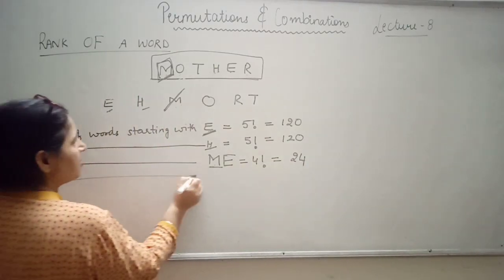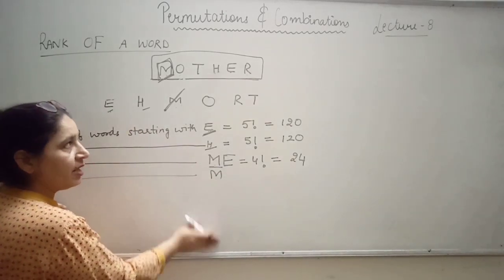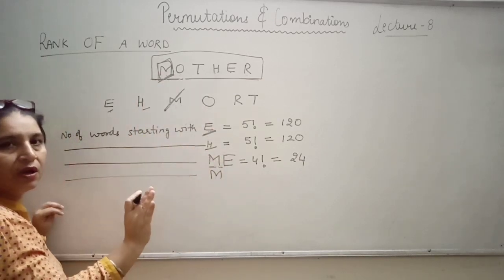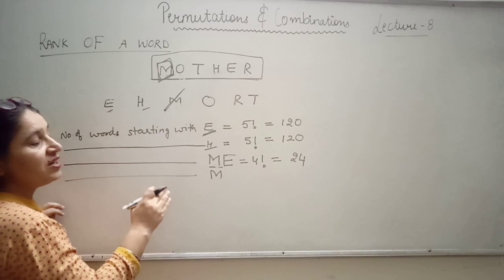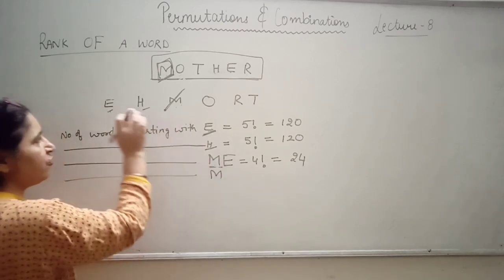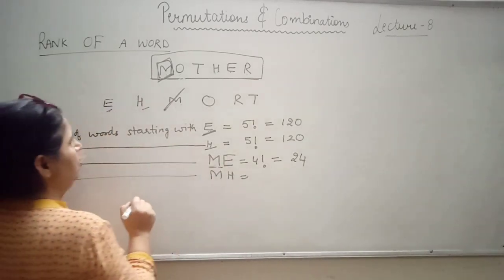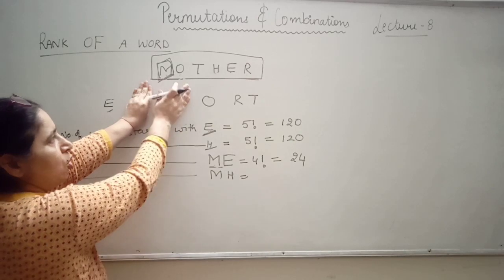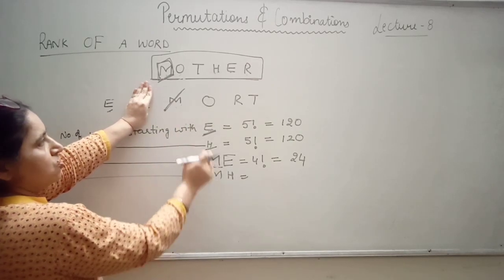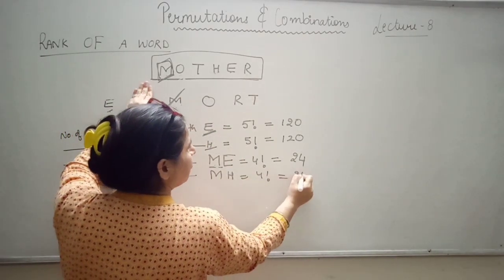Now M E I have already used. Now M I will keep on writing because M is now fixed at the first position. Now along with this, which letter will be fixed? That I have to see. E I had already fixed. Now I will take H. Alphabetically I will take E M H. Now I will hide this H and I am not going to consider this M, because it is also written. So now how many letters are here? 4. 4 factorial means 24.